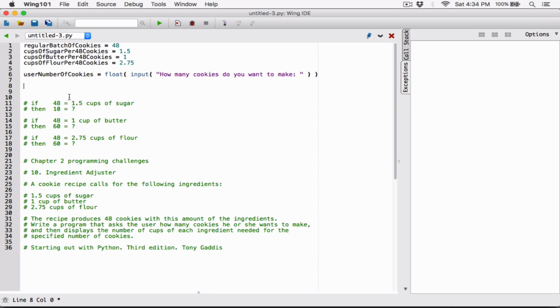First, let's go ahead and calculate how many cups of sugar the user will need based on the number of cookies they entered here. So remember, to get that cups of sugar, we were always dividing by 48 and multiplying by 1.5. We're dividing the user number of cookies by 48 and multiplying by 1.5. So we're assuming the user typed in 10 in this case. So I'm going to create another variable to calculate how many cups of sugar the user is going to need based on this number of cookies. I'm going to call that variable